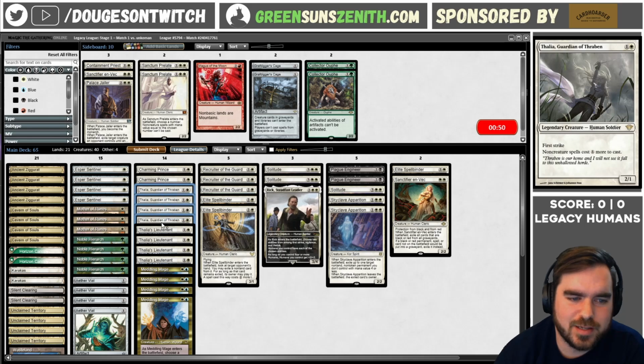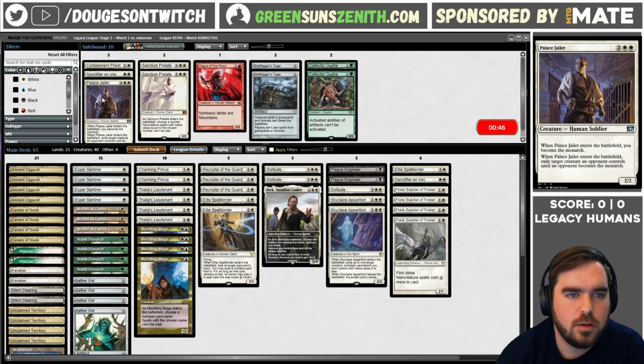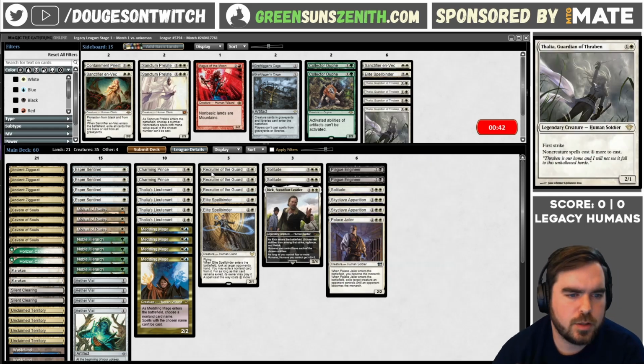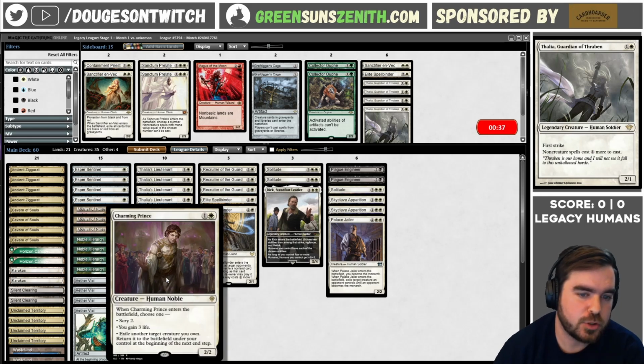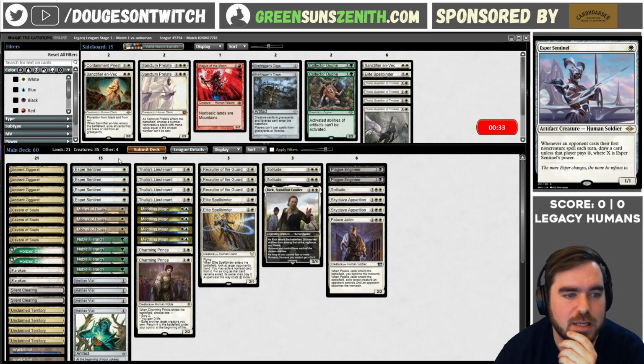I don't think Thalia is that great, especially on the draw here. But I don't mind Palace Jailer. They can't usually go too wide, so I kind of like this. Charming Prince is actually pretty good, especially even just the gain 3 life. It's pretty much gain an extra turn. Mother of Runes is fantastic. Esper Sentinel, I don't mind it, even just a way to...